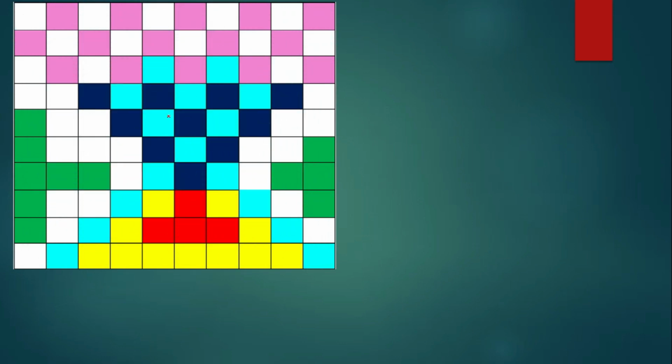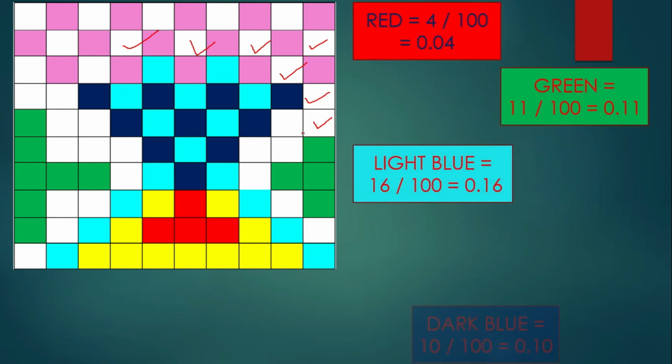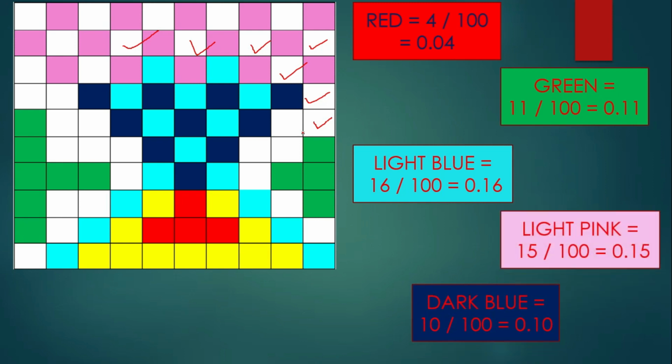Here children, one more thing I want to say. I have not colored all the 100 squares. I have left some of the squares in white only, as the page in your notebook has white squares, and we are not supposed to write down the fraction or the decimal representation for these white squares. We have to write down the fraction and the decimal representation only for the color we are going to use in our grid.